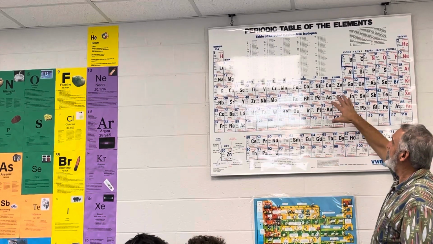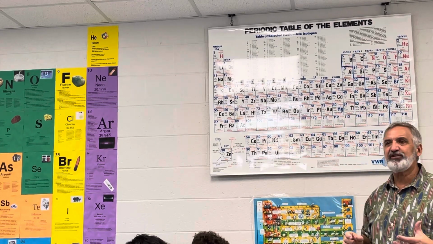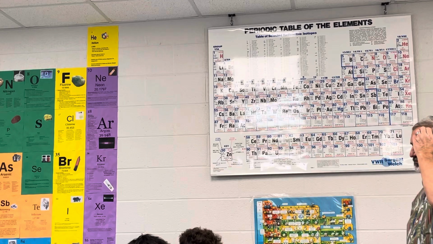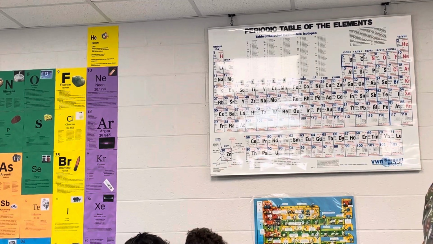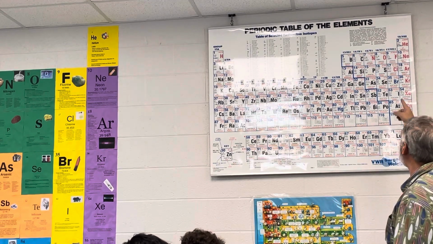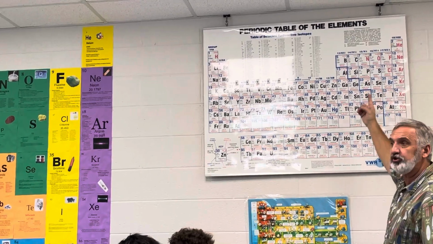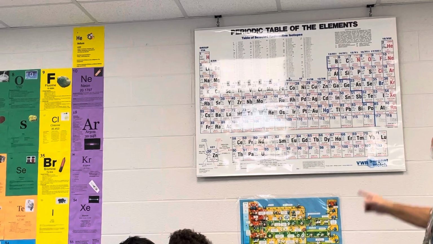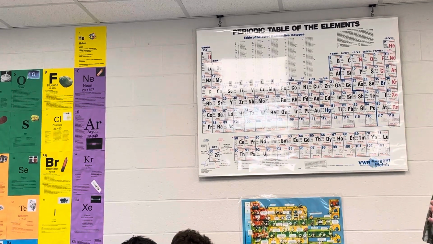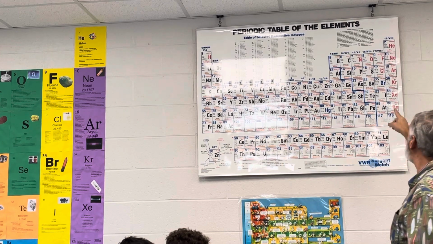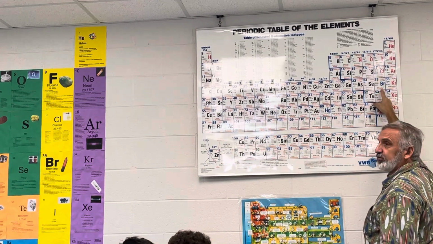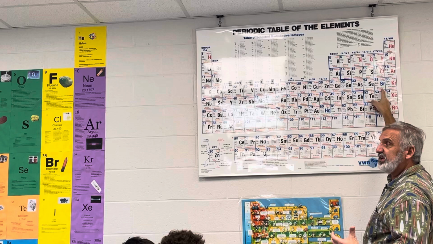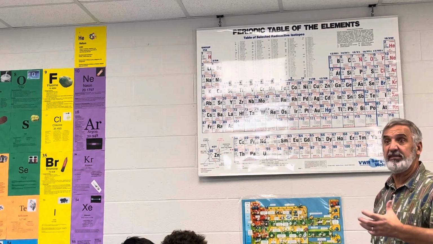When the first elements got named, they were kind of named after their characteristics. For instance, chlorine comes from the Greek word chloros, which means greenish yellow, because it's a greenish yellow gas. Matter of fact, it was the first war gas. It was called mustard gas in World War I. You may have heard about that. Okay, but that was chlorine. Bromine comes from the word bromos, which means stench, because it just smells really badly.